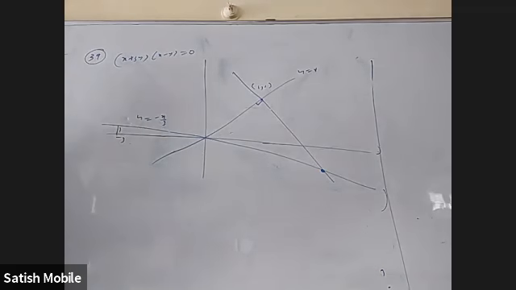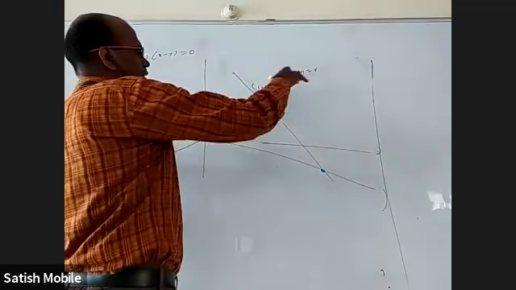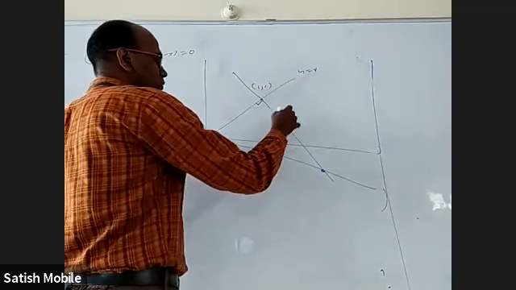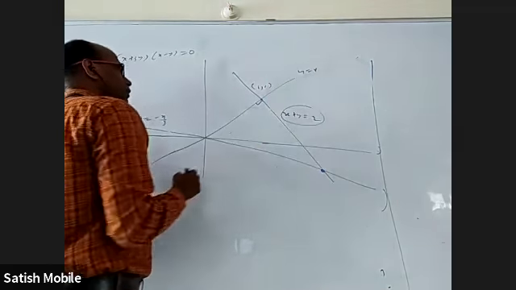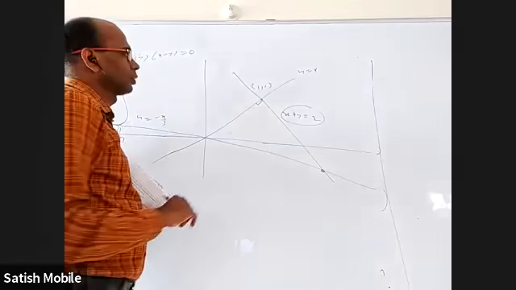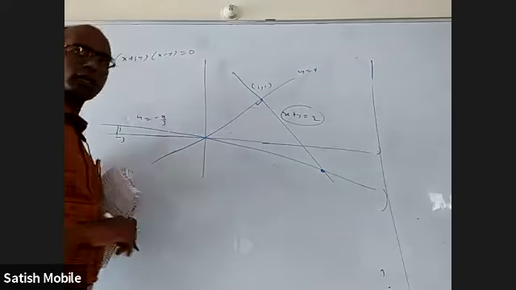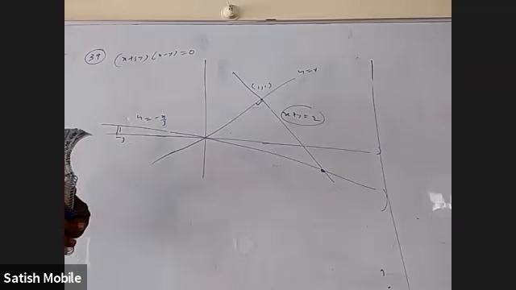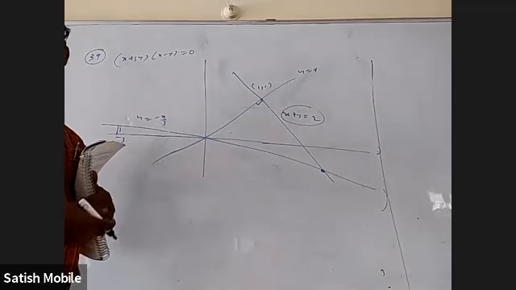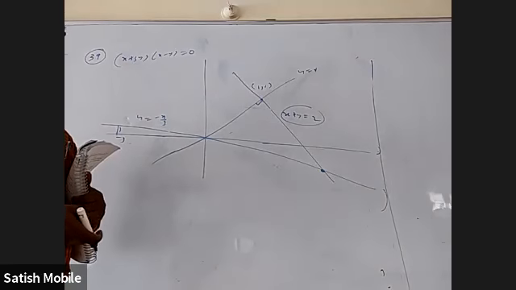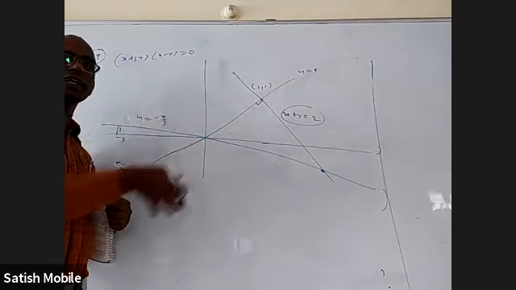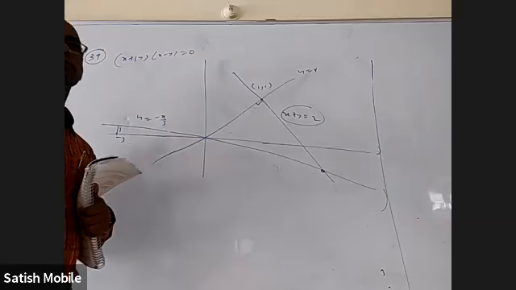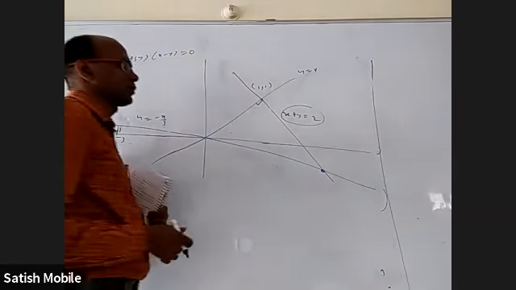If you don't want to do it from the figure, you have to really find the normal and solve with the curve. If you find the normal, this slope will come 1, so the normal slope will come minus 1. So this will come x plus y equal to 2. This is the normal. Why x plus y equal to 2? 1 plus 1, 2. x minus y equal to 0 is the tangent equation. They asked the normal equation, so x plus y equal to 2, correct.